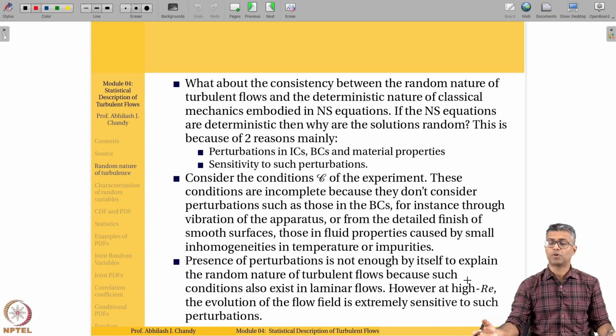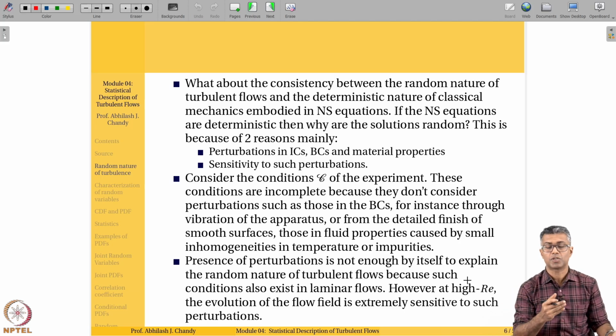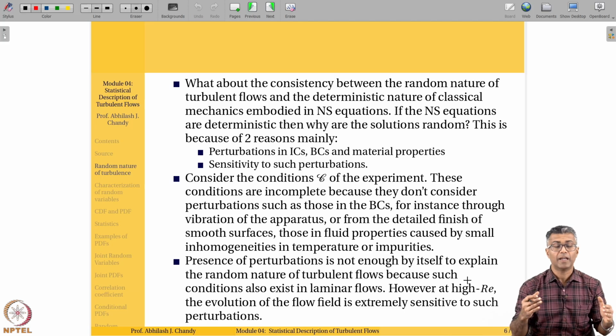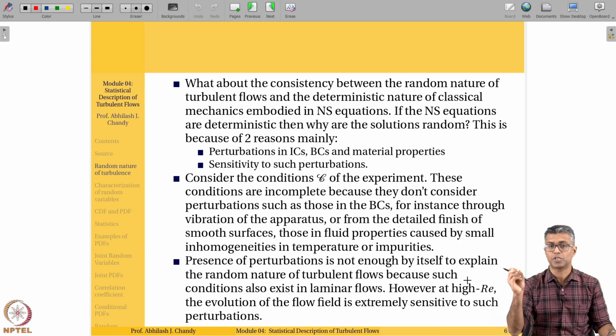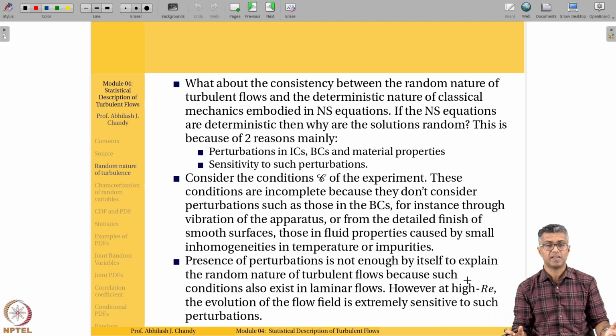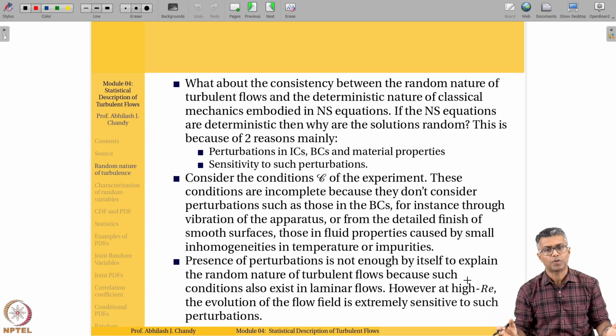x plus 5 is equal to 3. You should always get x is equal to minus 3. Now, I agree the Navier-Stokes equations are a lot more complicated. Nevertheless, it is still a set of equations that gives you a unique solution at one particular point in space and time. So then the deterministic nature of that combined with the random nature of turbulent flows as we see it, how do they go together? That's the question we are trying to ask.